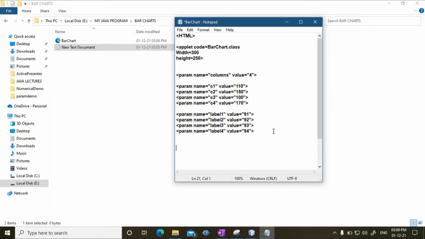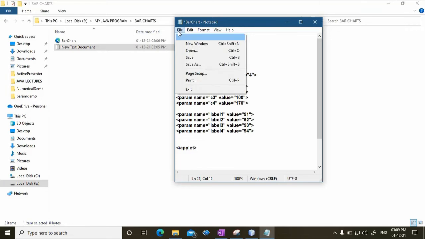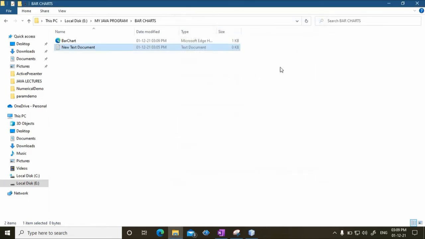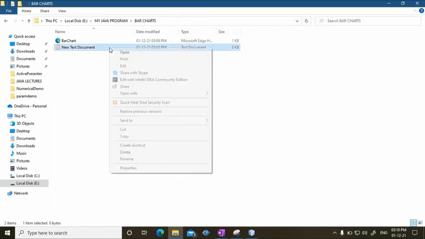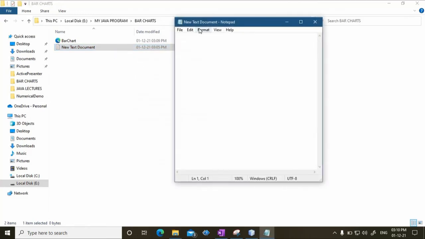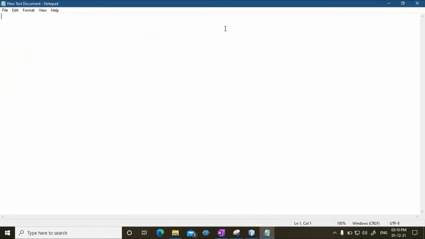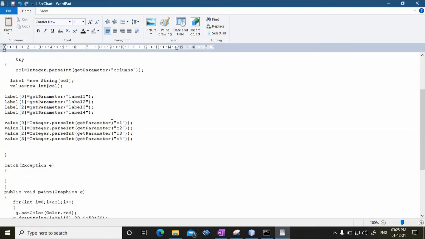So I'll close the applet, and in this manner I have inserted the total number of columns, then the turnover values, 4 such values that were given to me in the table, and the corresponding label values, right? I will save this file. Now I'll also create a Java code. So we'll now